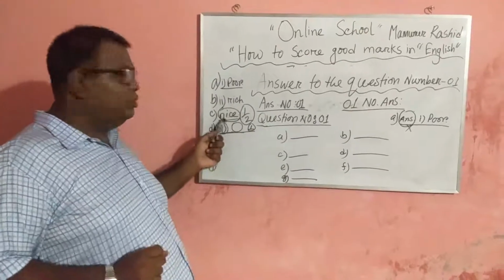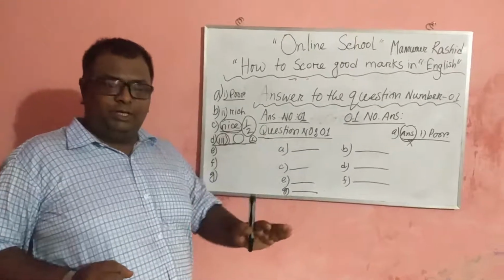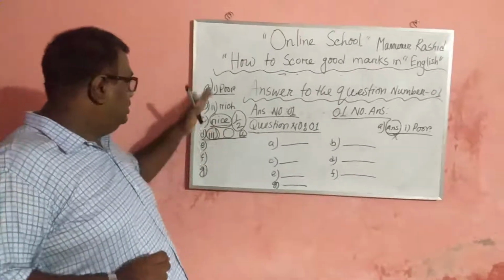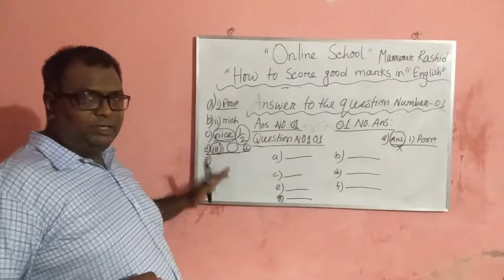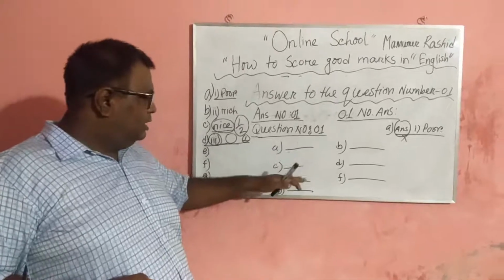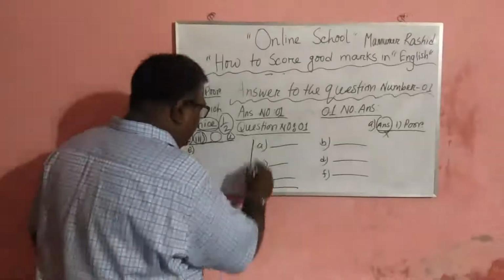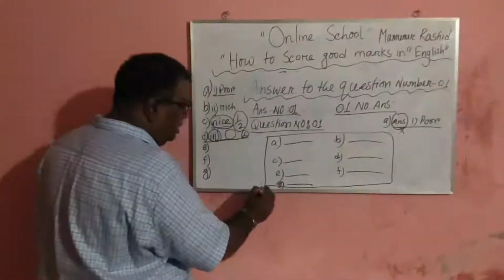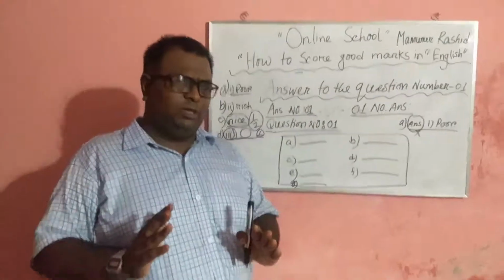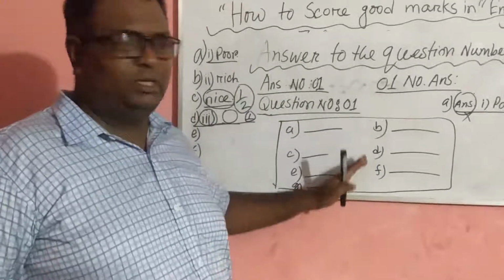But if you mention only the word, no Roman number, then you may face a penalty if the examiner wants. So a student should be aware when they arrange their answer in the answer script. And here I also write some clues: A, B, C, D, E, F, G. I again strongly request my dear student, please don't try to write your answer like this,